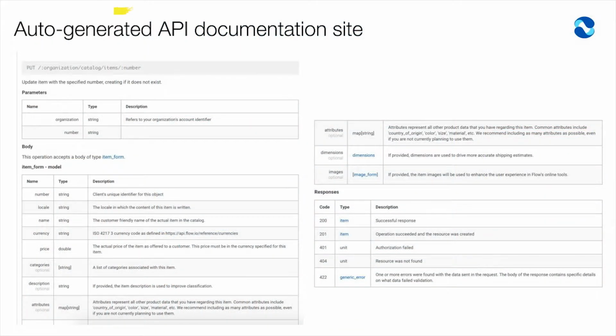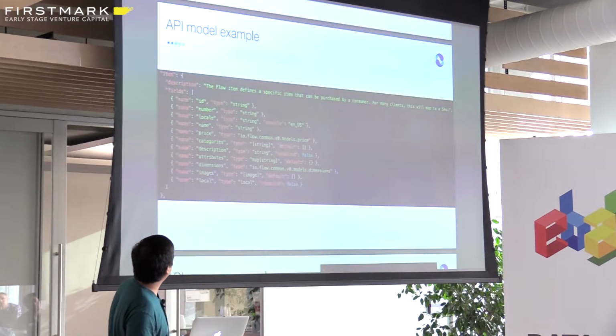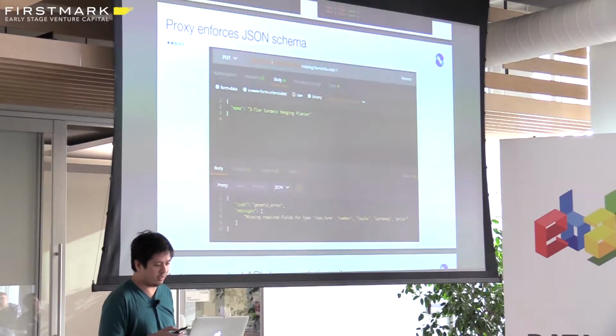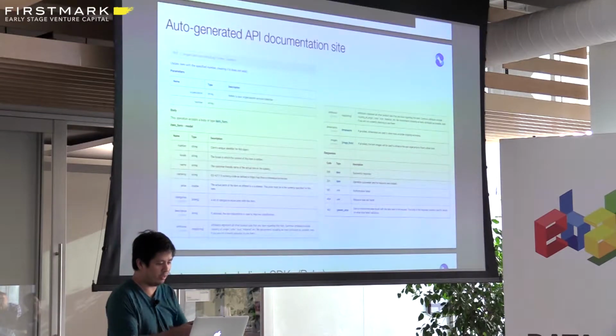And so the documentation is also auto-generated, so you don't get into this phase where it's very difficult to write documentation. We wanted to make it a natural part of our workflow. The way this is generated over here just comes from whatever you put over here and the descriptions over here. And so everything stays consistent with what's in the canonical model